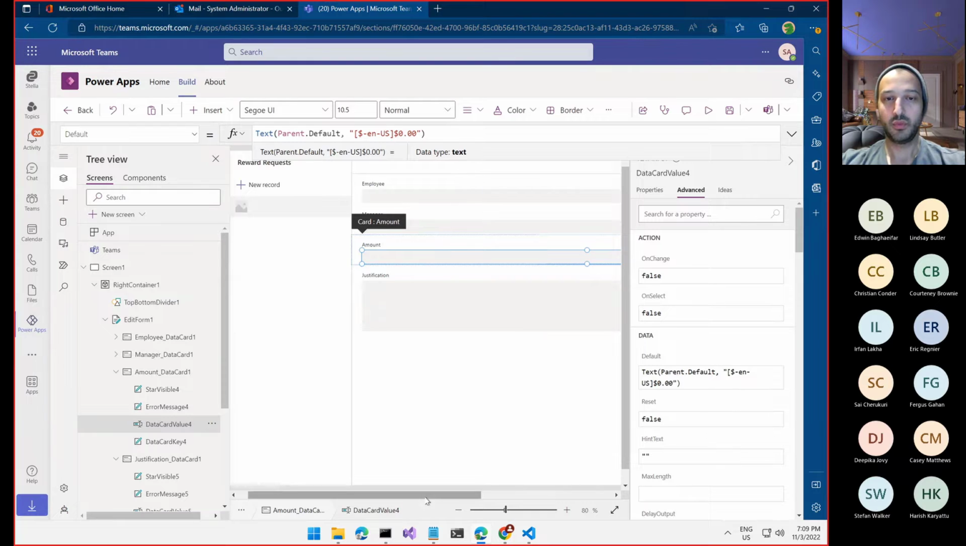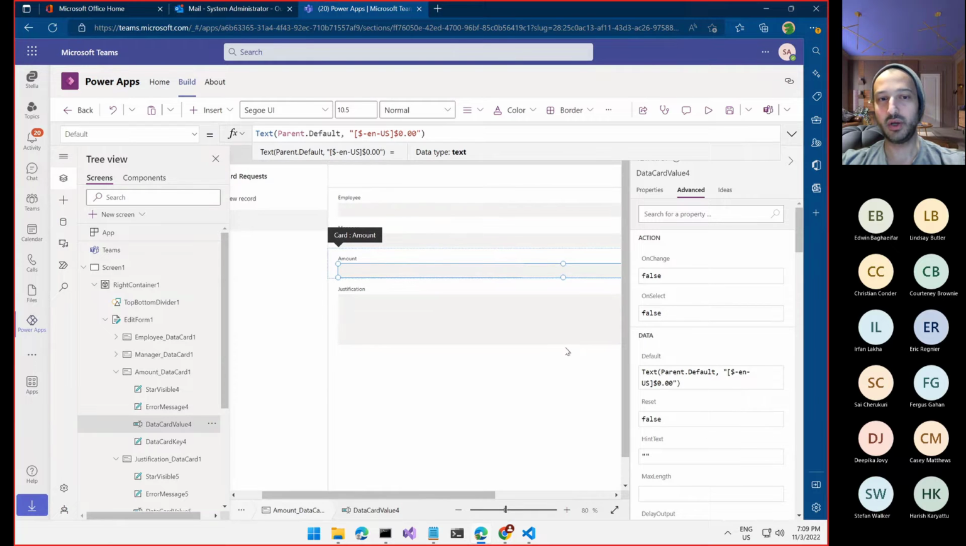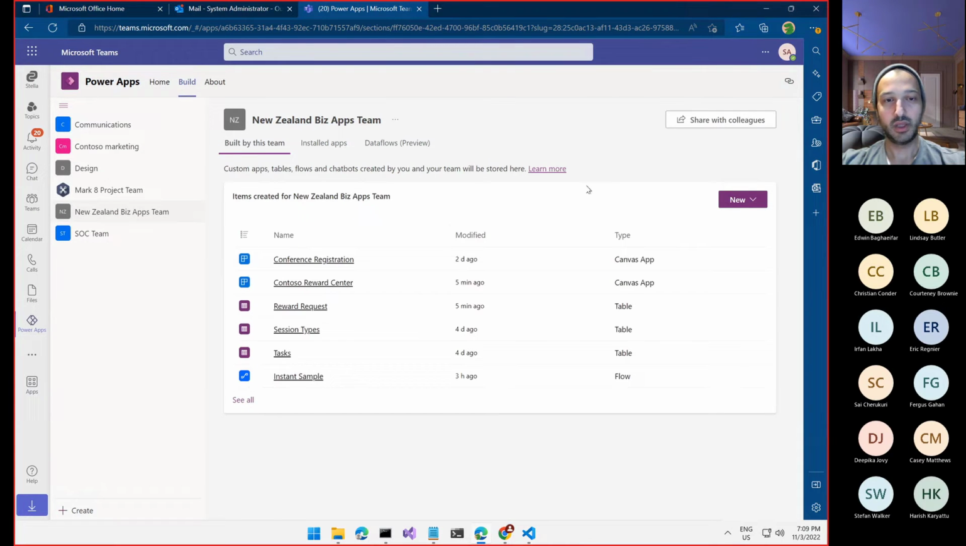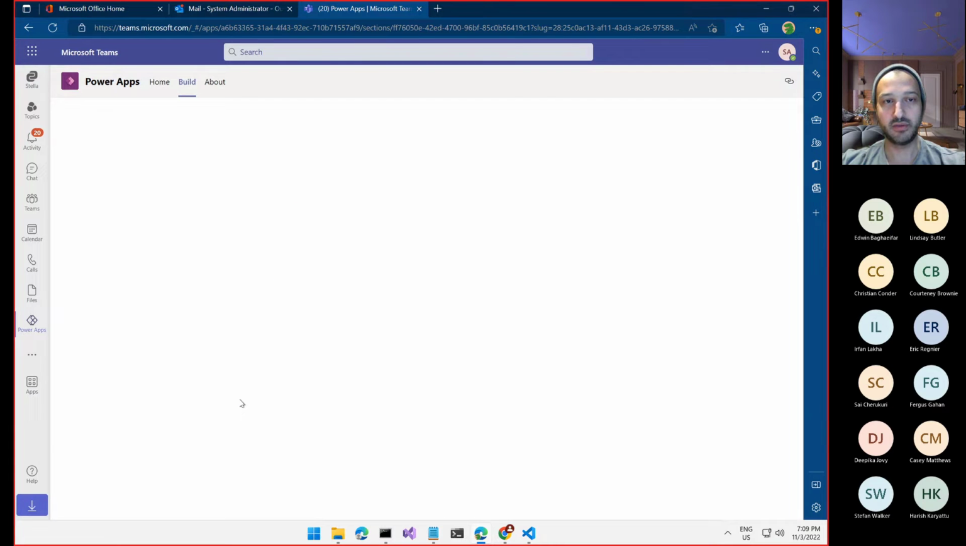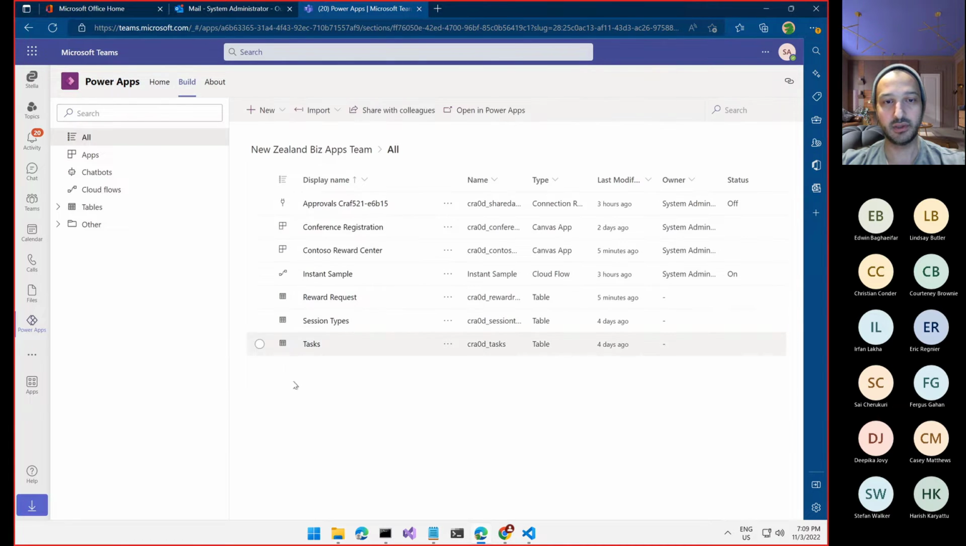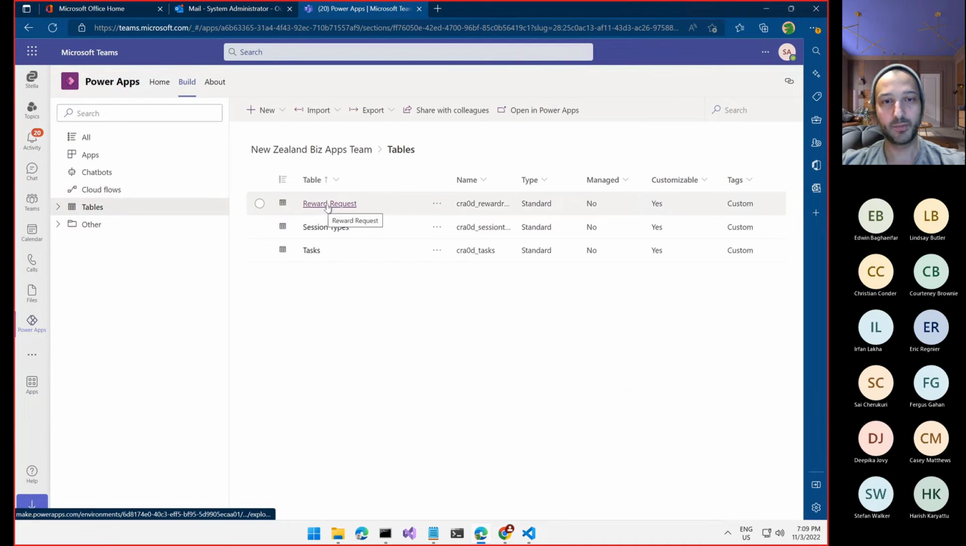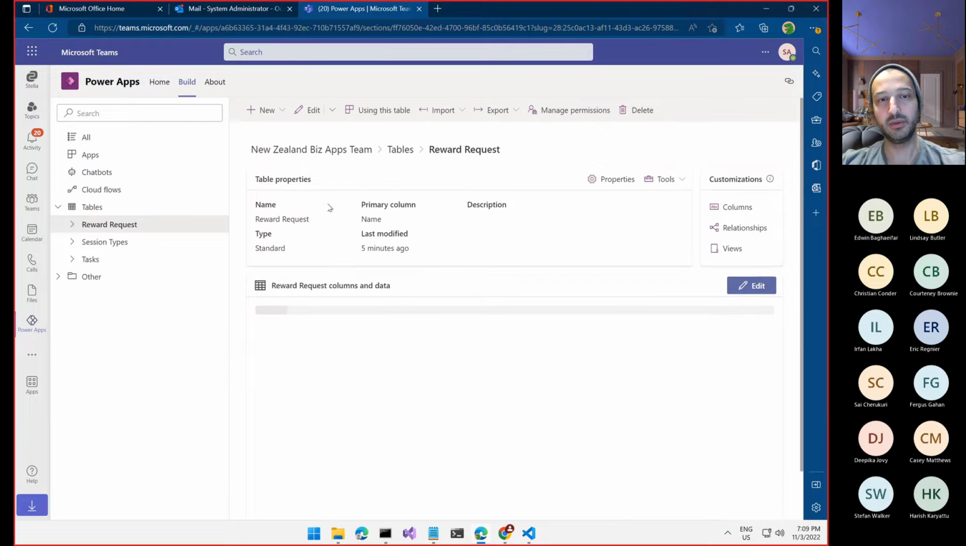All right, so what we want to do is get back to our name field. So I'm just going to save this. And if I go back, click on build right here, let's just go to see all to see everything that we have. If I click on see all, I see everything. I can filter by the tables, show me only the tables, and here I have my table. So if I click on my table right here,